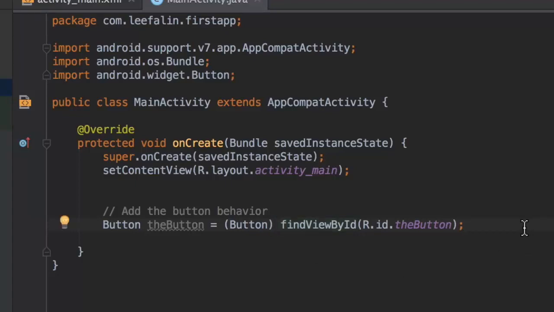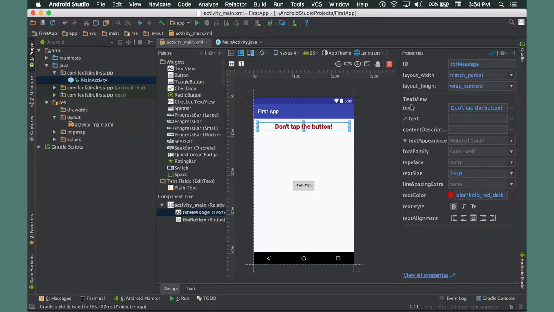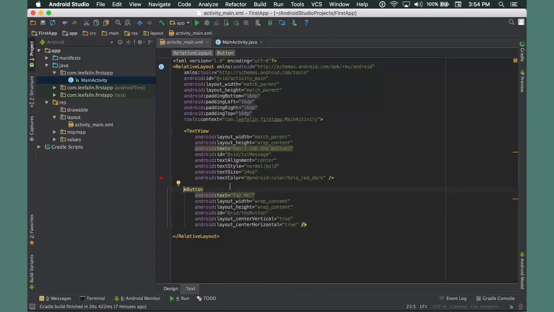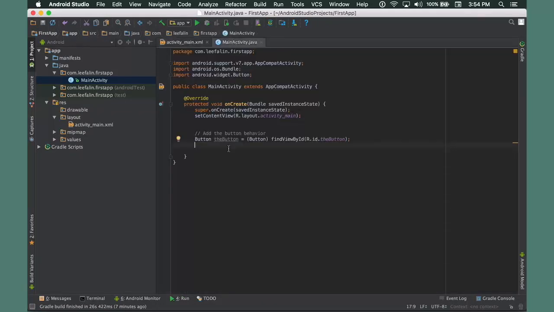When we're connecting things between the code and the layout, we need to make sure we know not only the ID, but the exact type of thing we're connecting. So when we click on our message here at the top, we can see that the type of thing is a text view. We can see that shown here on the left inside the component tree, as well as in the XML view. Switching back over to the designer, we can also verify the ID,